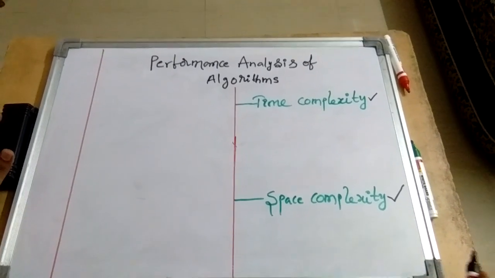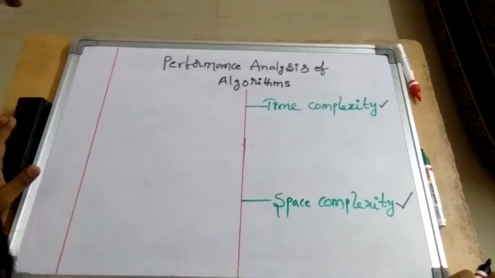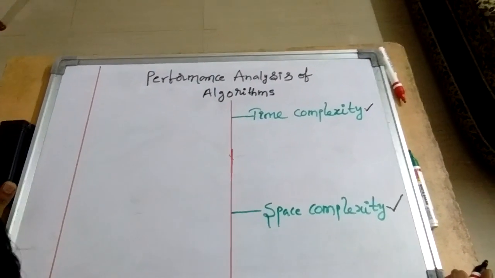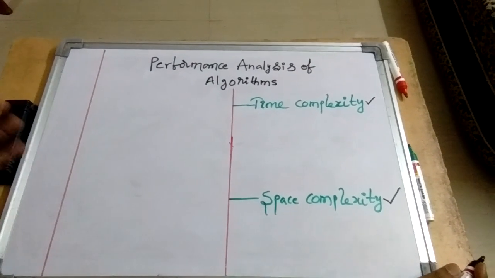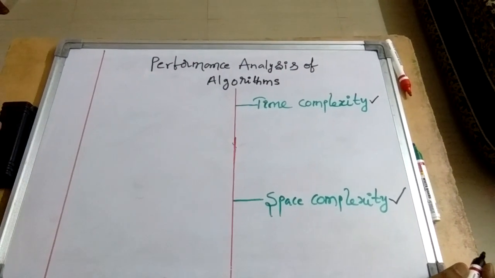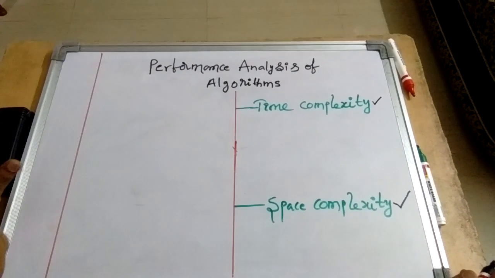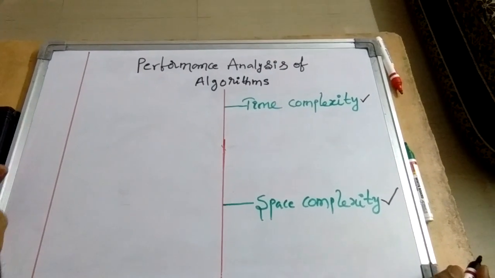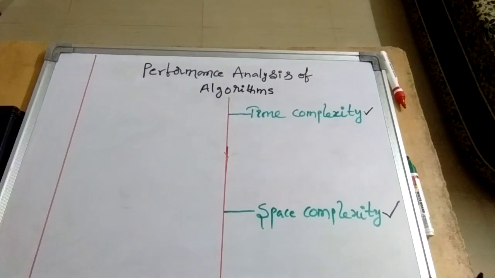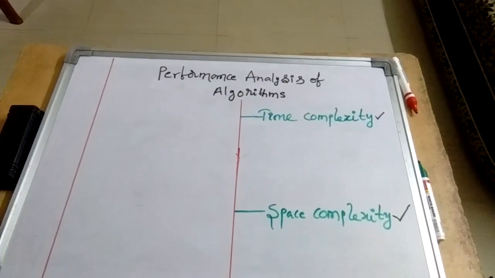However, we won't focus much on space complexity because nowadays we have a huge amount of memory in computers. We are even getting memory at a cheaper cost, so the programmer also need not focus much on space complexity. But the response time of any application is always very important. So the discussion will be much more on time complexity. The developer is always expected to develop a program that will take less time for delivering the output.